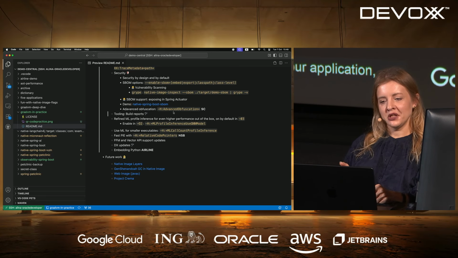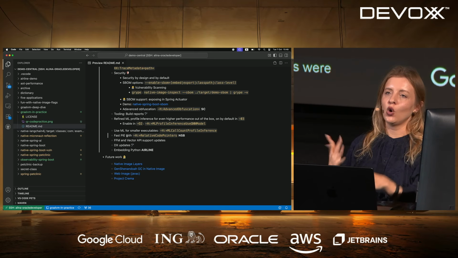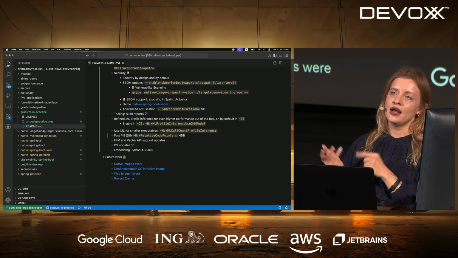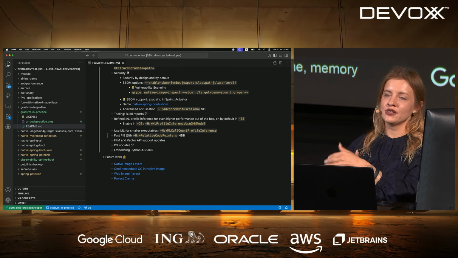And at least traditionally, maybe less so lately, those position-independent executables were associated with a bit of an overhead in terms of startup time, memory usage, packaging size, because there was a bit more work for the operating system to do